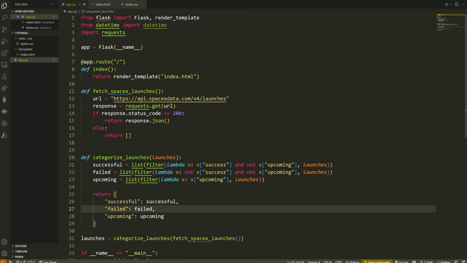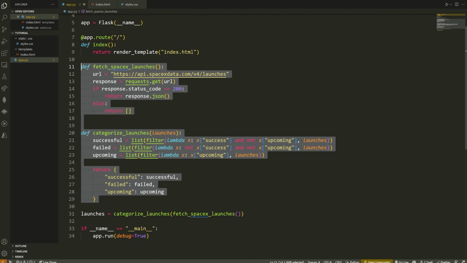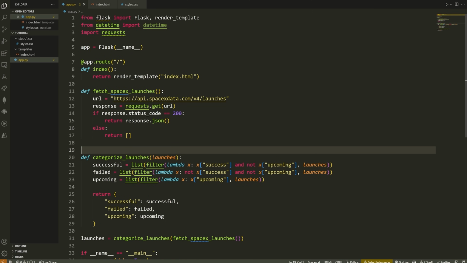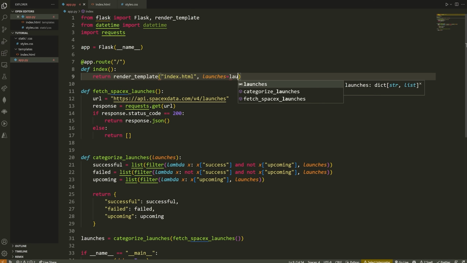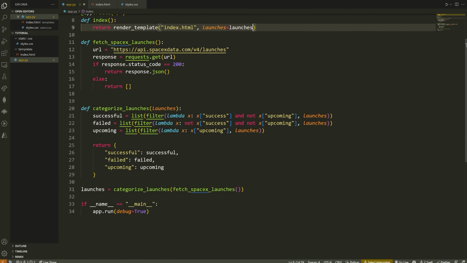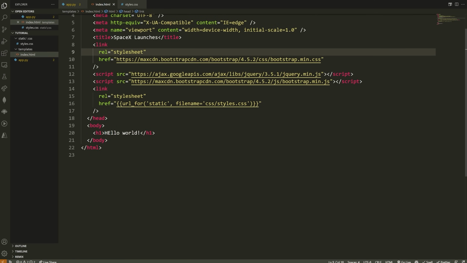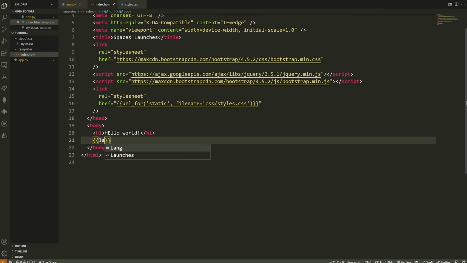So here is where we actually get into being able to now take this data that we have and display that to the front end. Now to do that, we can actually pass this data as a variable to our template and then view it in the template. So to do that, we're going to go to our render template right here. Right after the name of the template, we're actually going to put the name of a variable. In this case, it's going to be launches, and we're going to make this equal to launches, okay, which is the variable down here. Now what this does is it just makes available all of this data inside of our template. So now what I could actually do is I could go here, and inside of set of two braces, I can use launches.